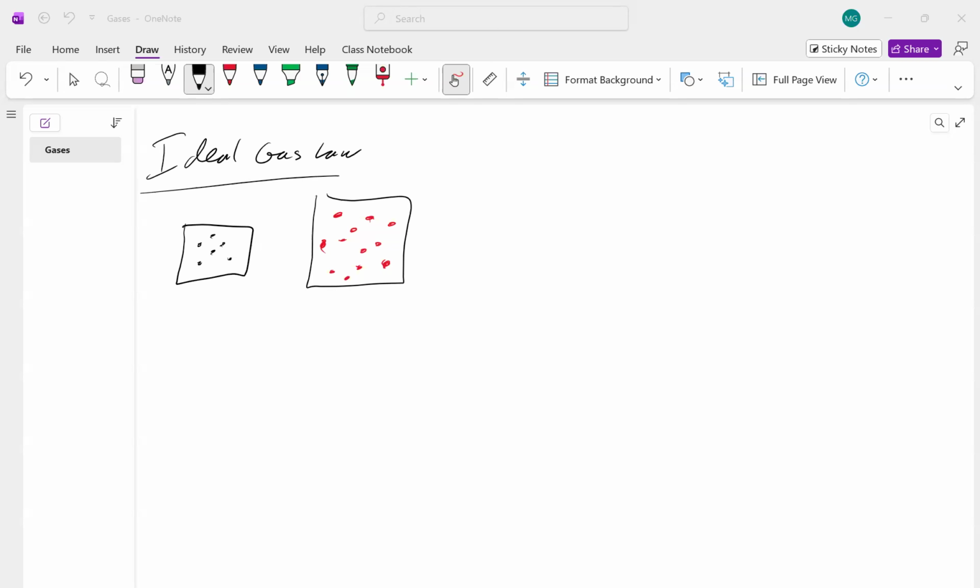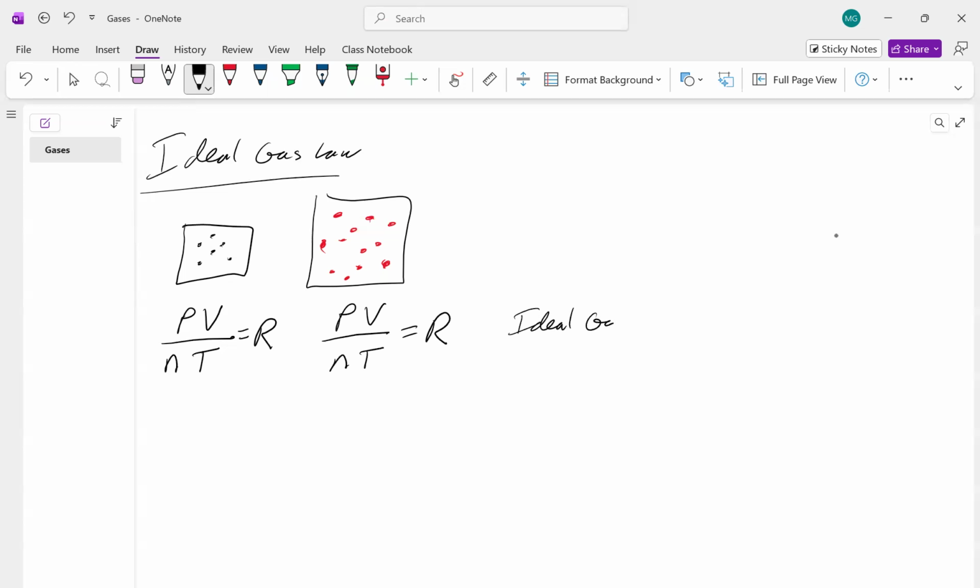So let's say we take the pressure and the volume and divide it by the moles and temperature for this gas, and I were to do the same for the other gas. They would both end up equaling the same number, or at least be very, very close to each other. This is known as the ideal gas law,